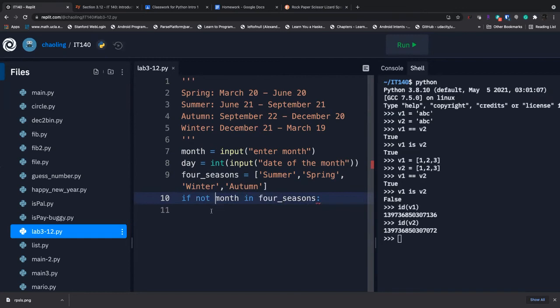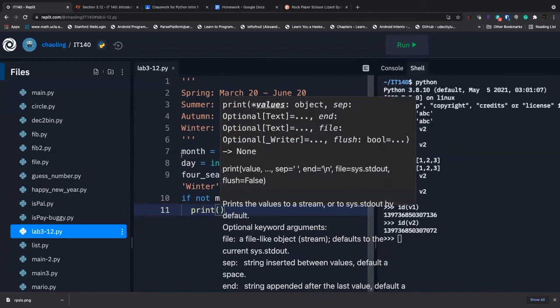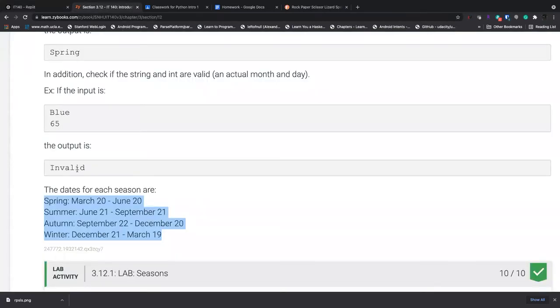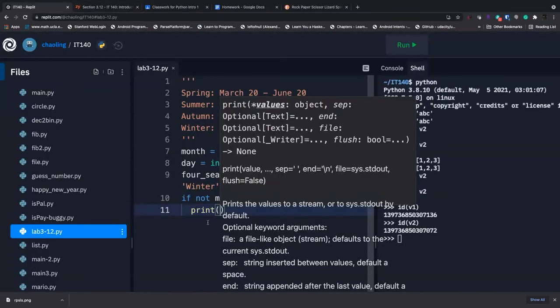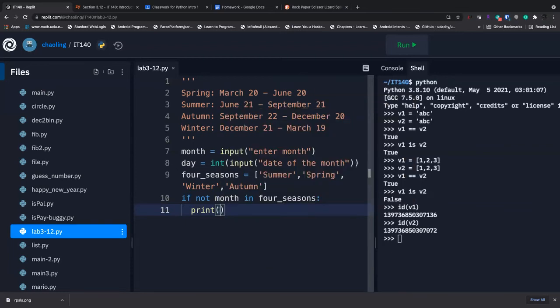If month is not in these 4 seasons, I would print what is required. It says invalid, right? You want to just print invalid and quit. Okay. Else,